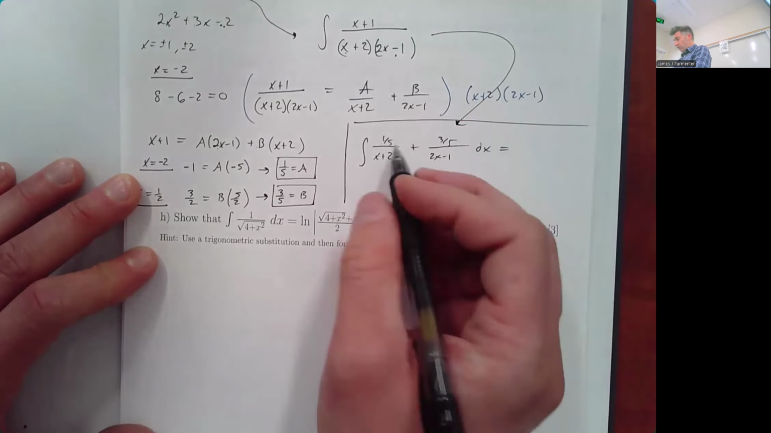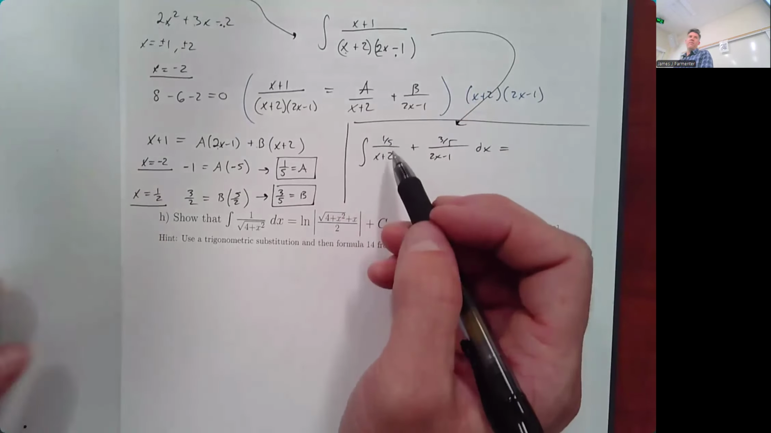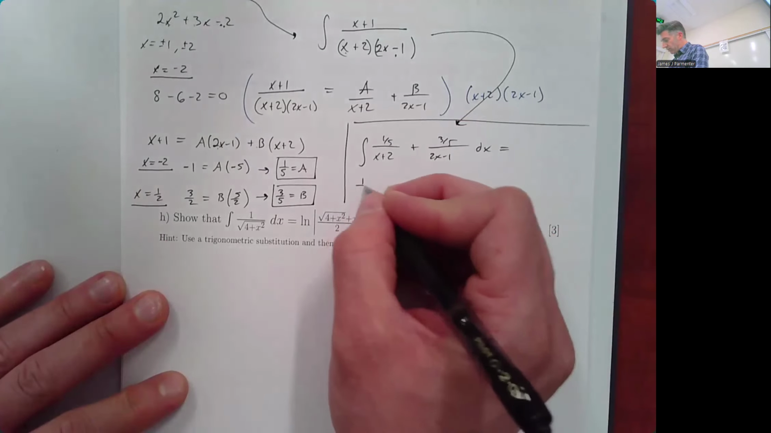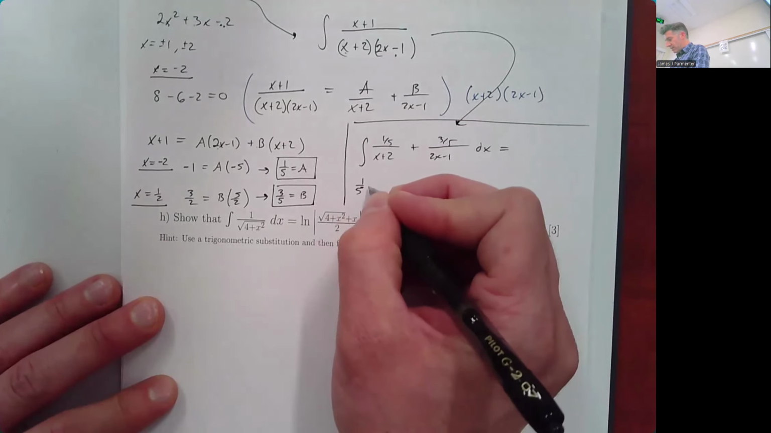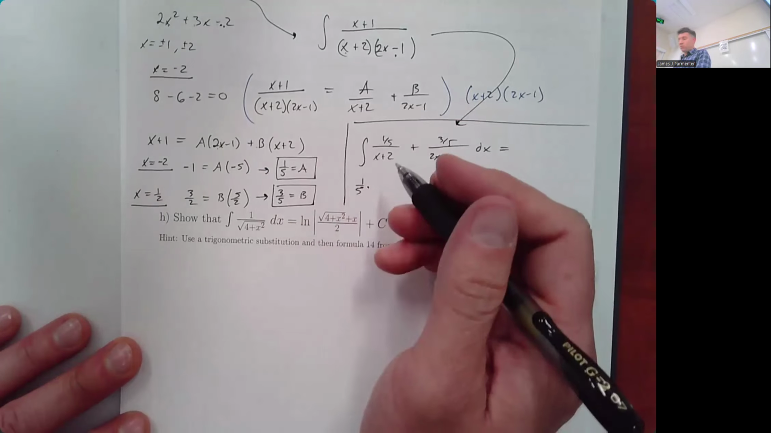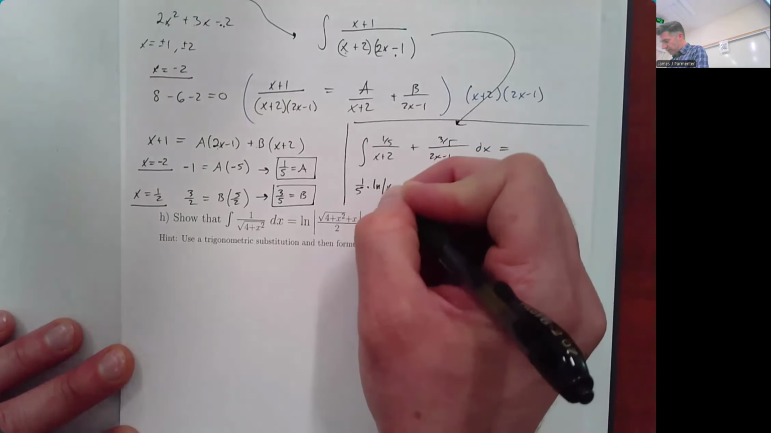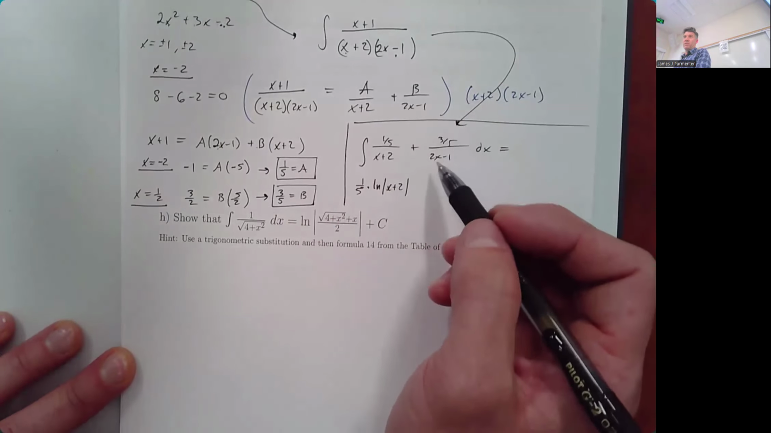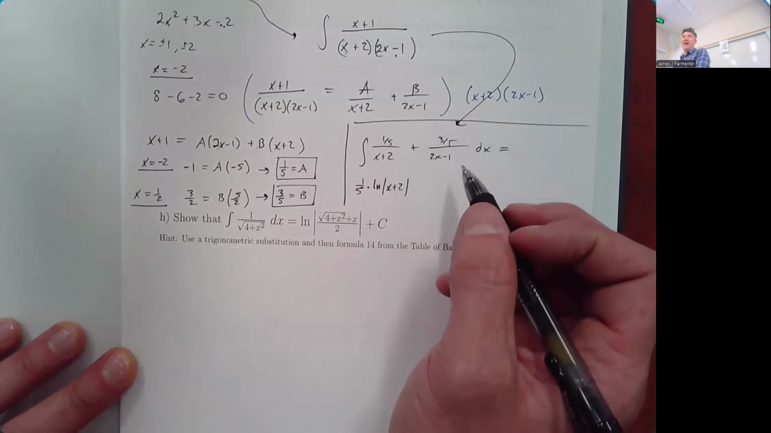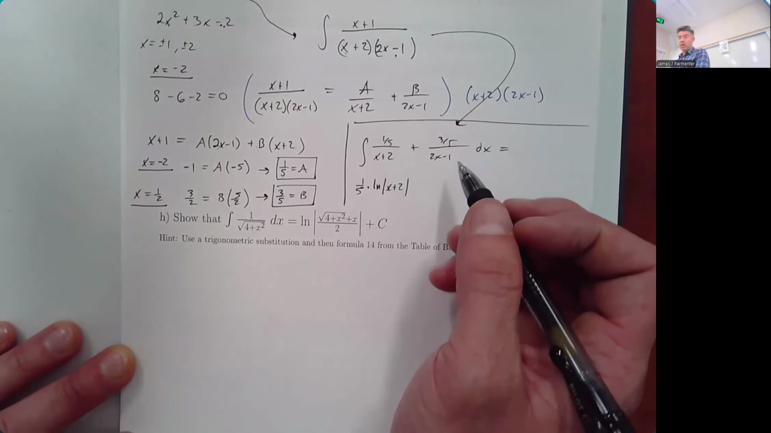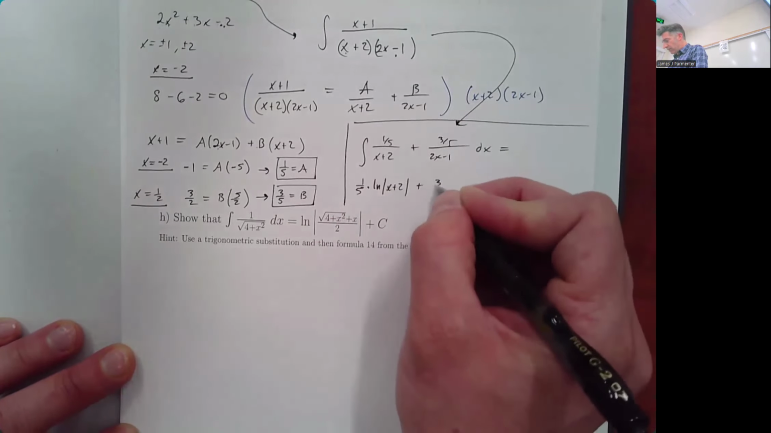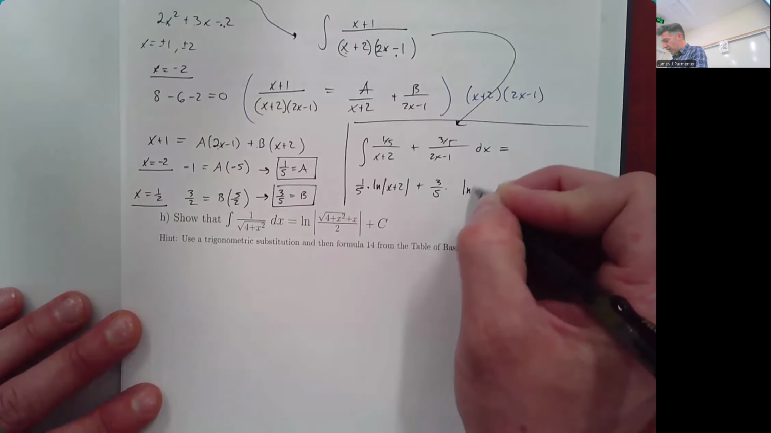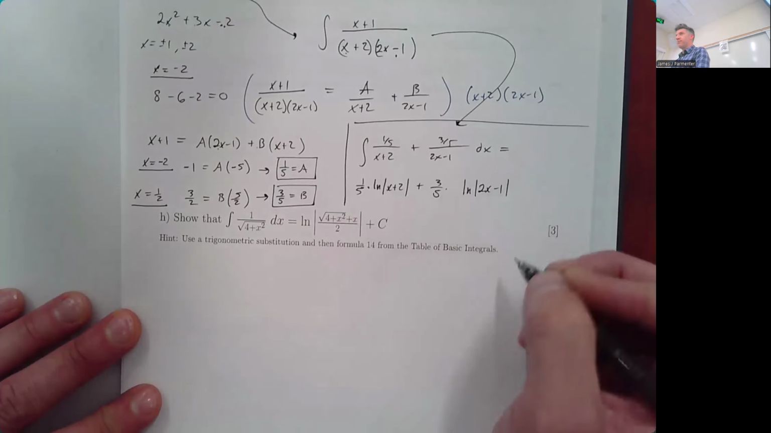I'm really not thinking of that 1/5 being there. I'm thinking of this as 1 over x plus 2. The 1/5 is just a constant multiple. So I'm going to get 1/5 times the integral of 1 over x plus 2 is the natural log of the absolute value of x plus 2. Same deal here. I'm not thinking of this as 3/5 over 2x minus 1. I'm thinking of this as 3/5 times 1 over 2x minus 1. And my integral is going to be 3/5 times the integral of 1 over 2x minus 1, which is the natural log of the absolute value of 2x minus 1,